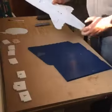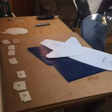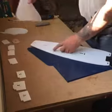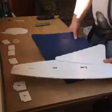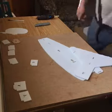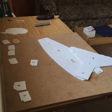We'll start with the body. Get it done. We'll set everything aside. Now, need some sort of squeegee, extra piece of material. Go. And of course, you know, I forgot to get my